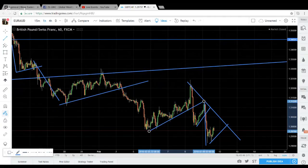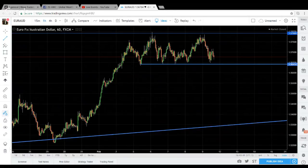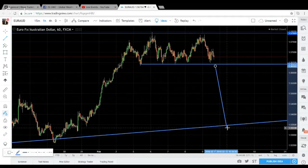Euro Aud. So Euro Aud, we're in a sell for this. I know I called out a sell somewhere around this range, right? I said anywhere from 157.200 to 400, look to sell. Should have moved up your stop loss. Price needs to break this low, right? If price is going to continue down, it needs to break this low to continue all the way down here,